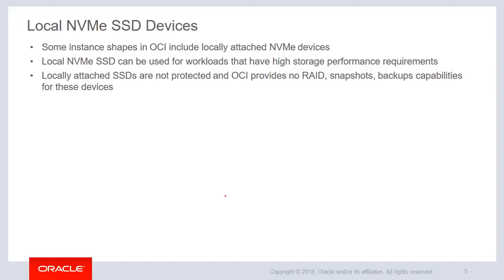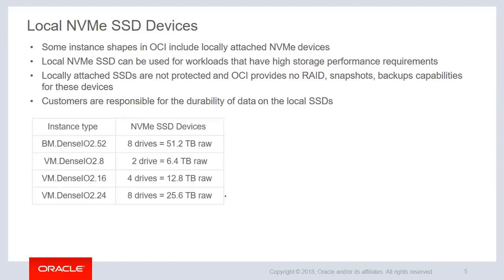Keep in mind that the locally attached SSDs are not protected, and OCI provides no RAID, snapshot, or backup capabilities for these devices, and so you as customers are responsible for the durability of data on the local SSDs. And right here you can see the various configurations we support today. So if you are using a bare metal instance Gen 2, we have a shape which has 51 terabyte of raw